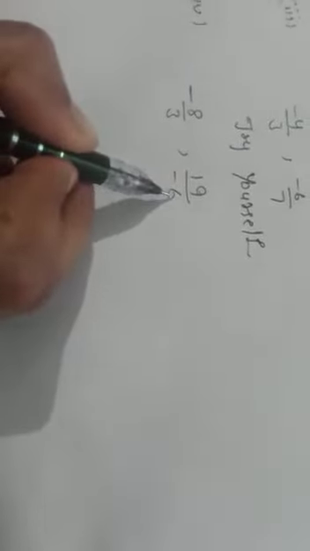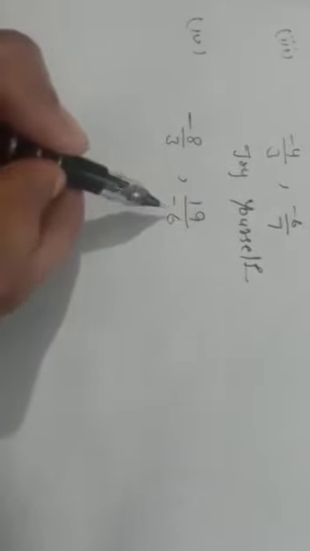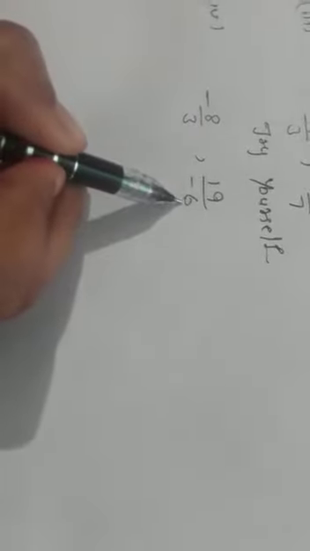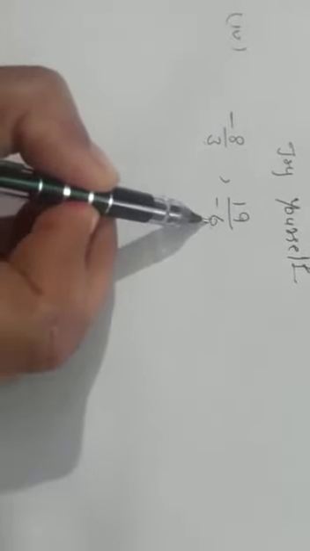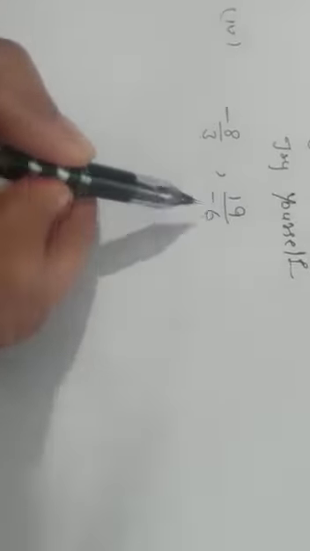As earlier I have told you that whenever we compare two rational numbers we make sure that their denominators should be positive. That means whenever we compare two rational numbers, first of all we have to make sure that their denominators are positive. So you can see the denominator of the first rational number is positive, but in the second rational number the denominator is negative. So first of all we will make it positive.